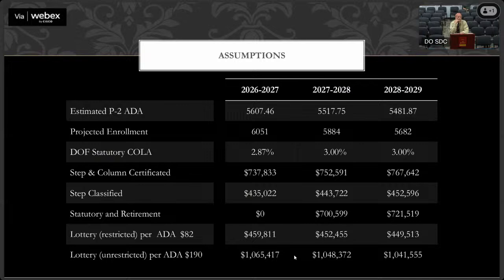I do have just a quick question, and it may not necessarily be answered tonight, but a future question, right? We're getting kind of like the dueling sides to this. Whenever I say that, I'm talking about our estimated P2 ADA, basically how many students we have and have coming in, right? And we're looking at slightly declining enrollment. Then we're also looking at all of the pie in the sky, big project, we're going to have 400 million people move to Barstow numbers that were all presented in our facility master plan, right?